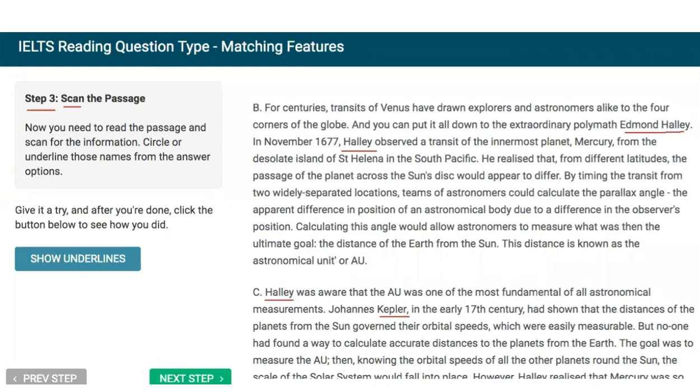So just from looking at this, we see that Halley is mentioned in section B and section C. This is a good clue because it means that Halley is mentioned more than once and in more than one section. So that question may be a bit more difficult to answer since we'll have to read different types of information for Halley. I'll clear our screen